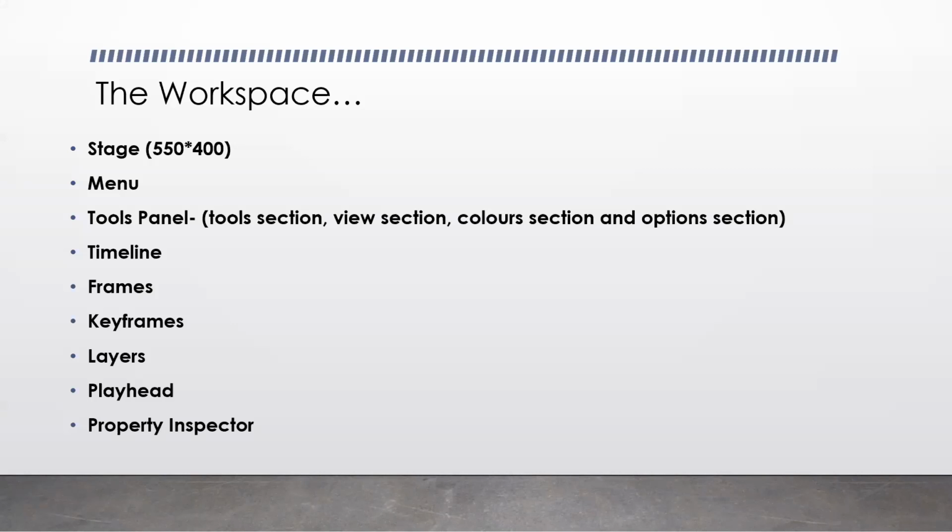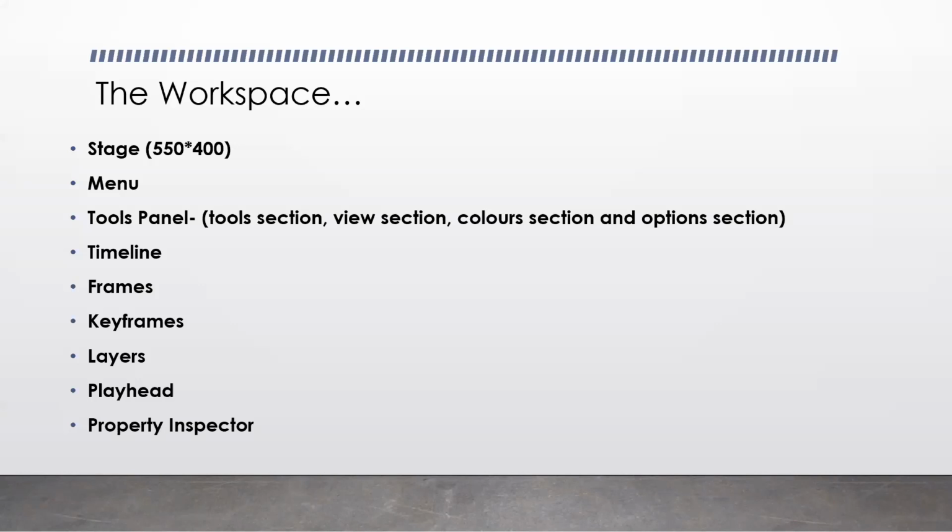Next is, beta, the menu, which will provide control over the common functions like closing and saving of a document. Some other features like copying, pasting, calling up specific panels, okay, controlling the Animate environment can be seen under your menu options. In every software, we have a menu bar. Okay. Next is, children, the tools panel.